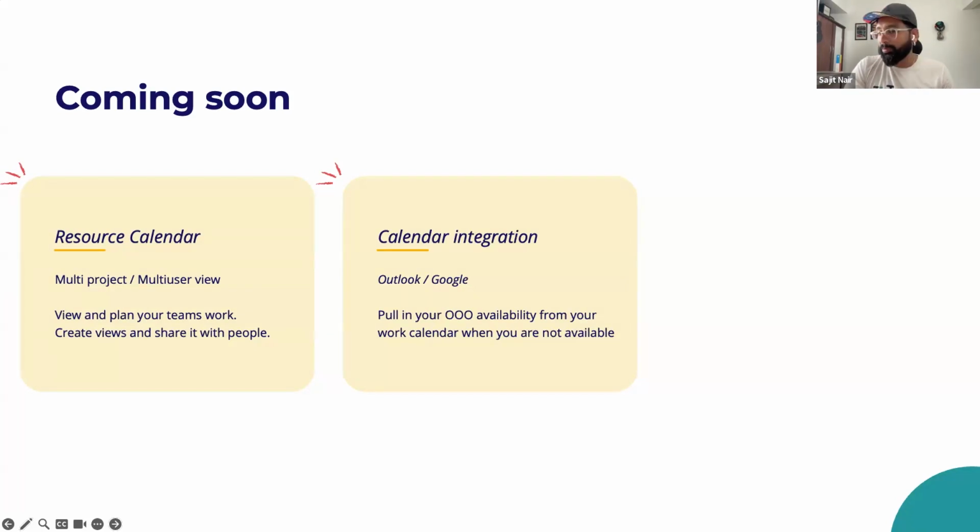Now, keep in mind your project admin will have to enable that integration. It's not a difficult integration, it's just a one-click integration. And once that is done, your Jira system will talk to your Outlook or your Google Calendar and will pull in your out of office. So you don't have to basically come into Jira and tell when you are working, when you're not. If you're on vacation, don't worry about things being assigned to you for 10 days and waiting in the queues,